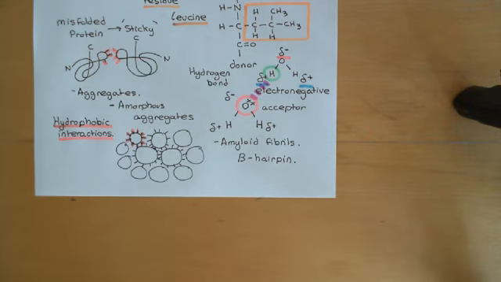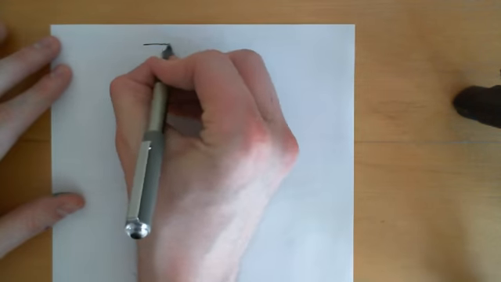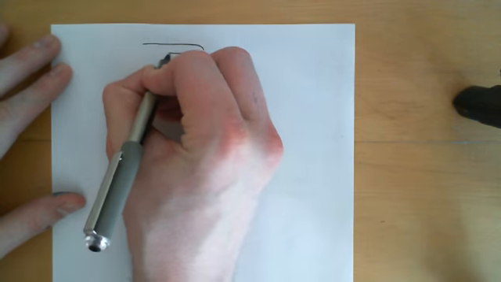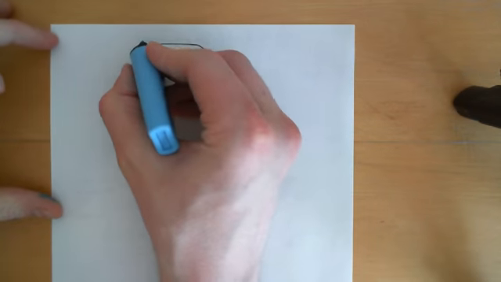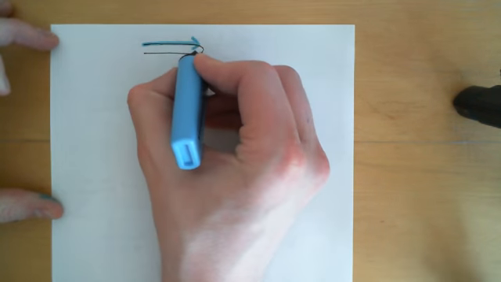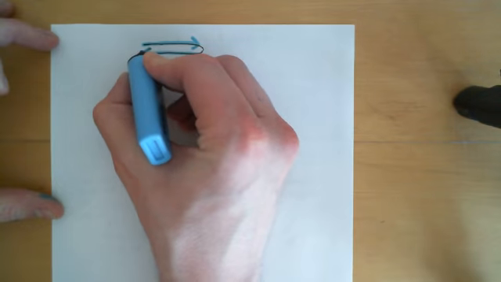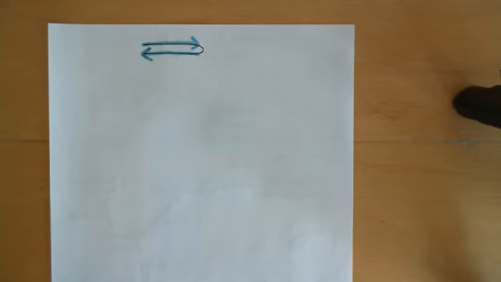So let me just describe to you what a beta hairpin is. A beta hairpin involves just two beta strands. If I wanted to draw a picture for a beta hairpin, it would literally just look like this. This is my polypeptide represented as a line here, and you've got two beta strands, one going in that direction and one going in that direction, so they're anti-parallel beta strands